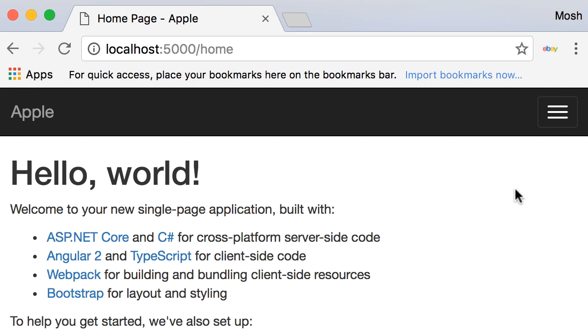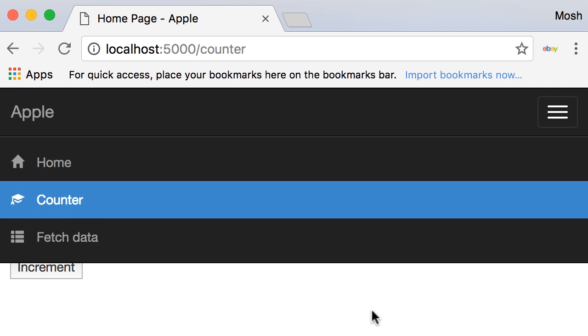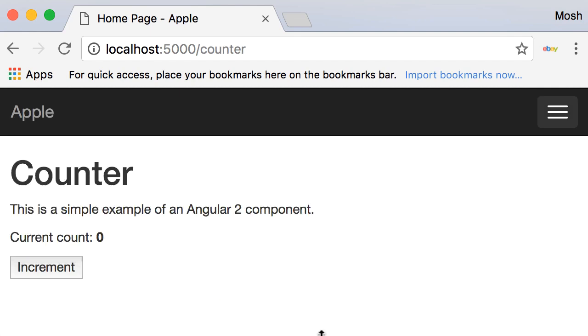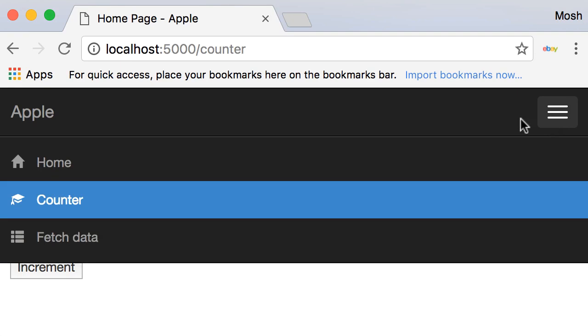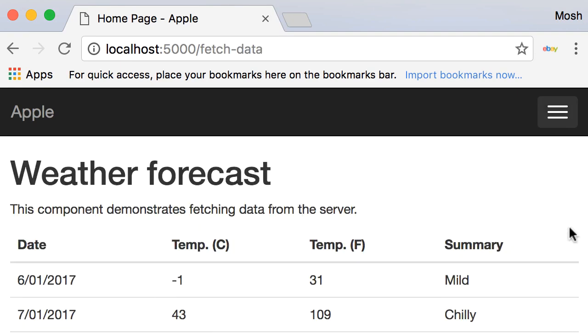So we have a home page here, we have a menu. Let's look at the counter page. This is an example of an Angular 2 component. Here we have a counter, we can increment it. All this code is executing on the client. Now we have another page, fetch data. This page calls an API on the server to get the data and then uses an Angular template to render